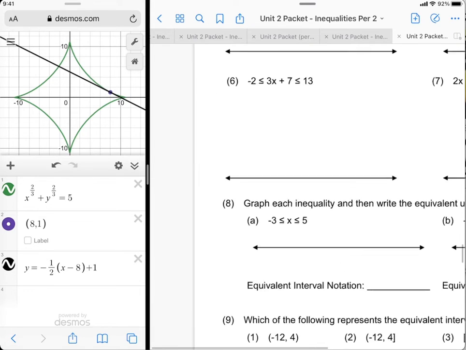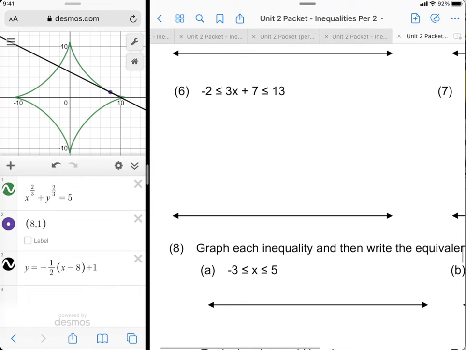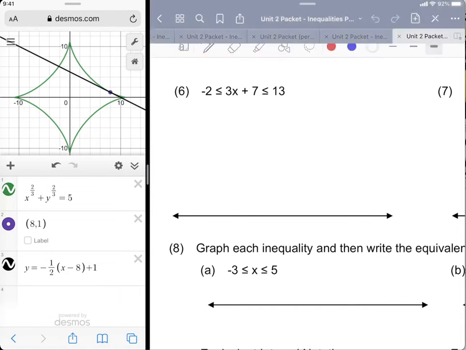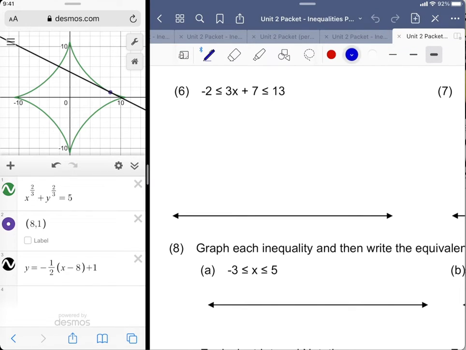Number 6, we have a compound inequality. This is an AND situation, right? And for the purposes of solving it, it's not really necessary for you to recognize that it's an AND because it's already in the correct form. But just so you know, this is equivalent. So this is the same as saying